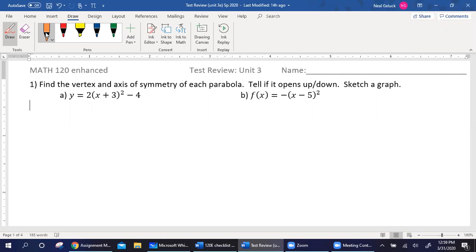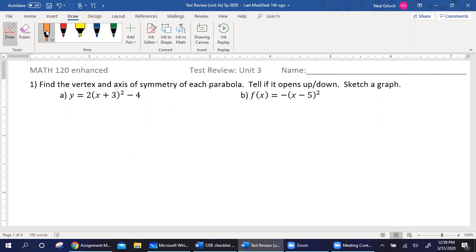On number 1 for both A and B, we're asked to find the vertex, the axis of symmetry, tell if it opens up or down, and sketch a graph. So we have two parabolas here. Remember that our general form is a(x minus h) squared plus k, where h and k are the x and y of our vertex. So basically on both these problems, we can just extract out